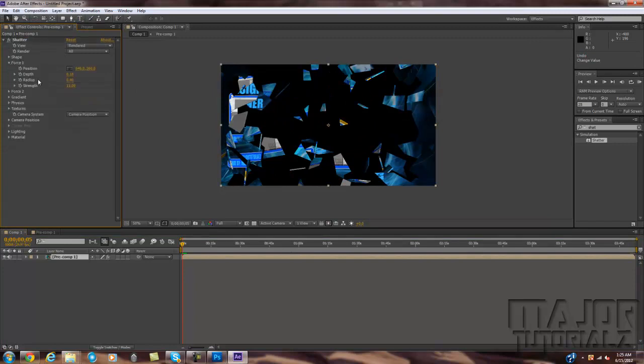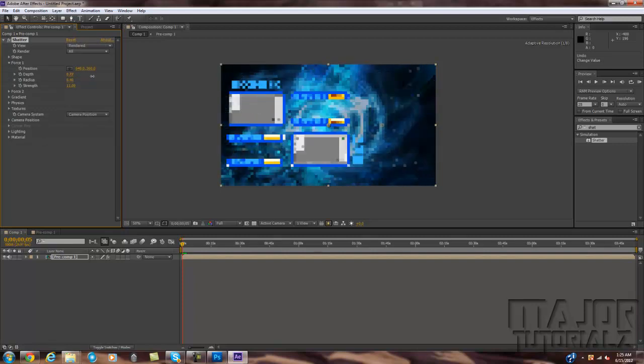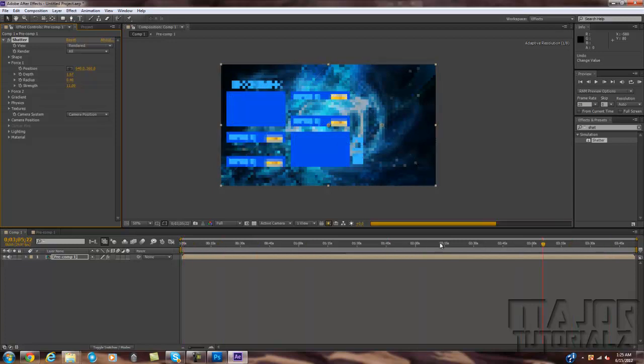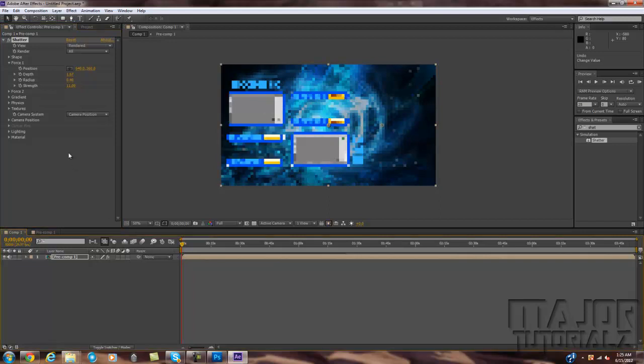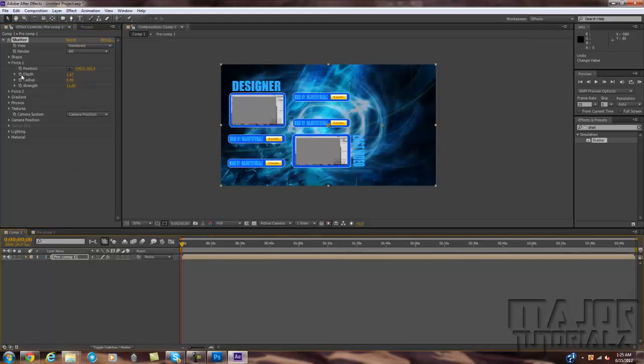Let's see, the depth. Okay, the depth, just change that up to a high number, just so it doesn't blow up like shatter. And as you can see, it's not shattering. So what we're gonna do is we're gonna keyframe the depth,